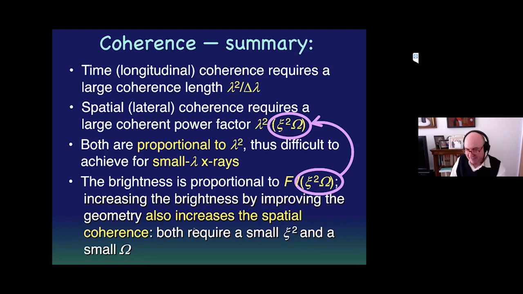Okay, I'm trying to keep track of the time because of the delay. I will try to